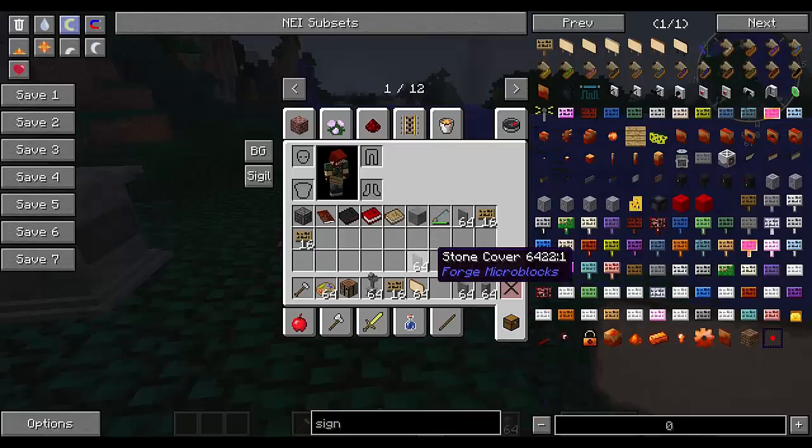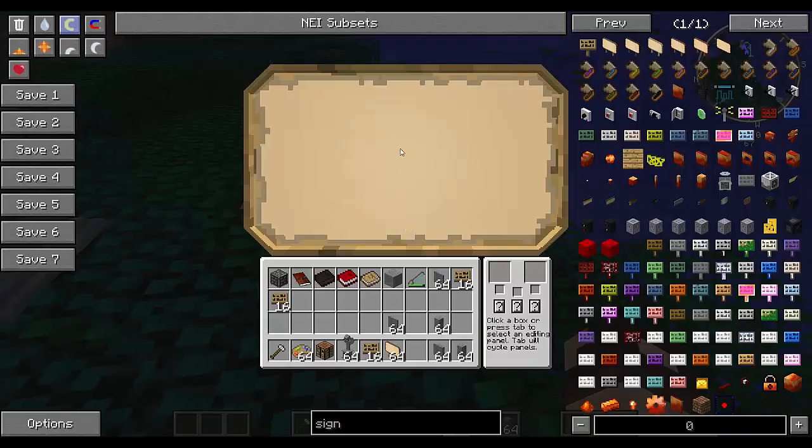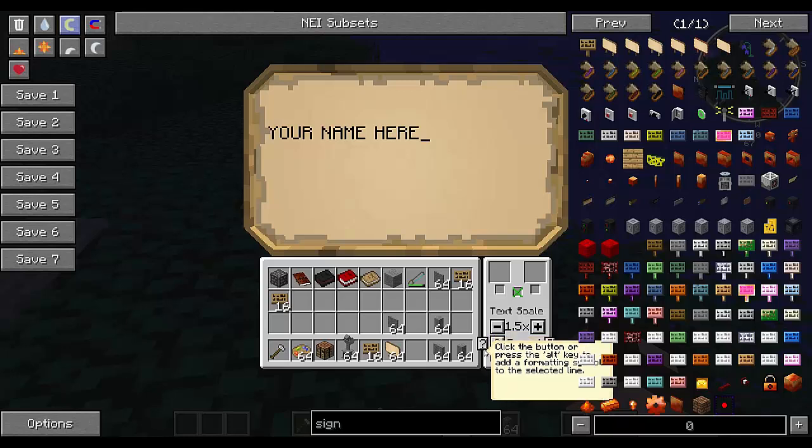And I think you have to right-click or shift right-click it. There we go. So click a box or press tab to select an editing panel. Alright, and your name here. I wonder if we can center it. That's format. No, that's return.